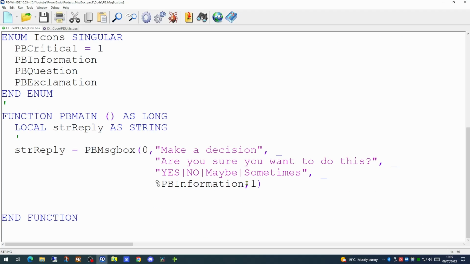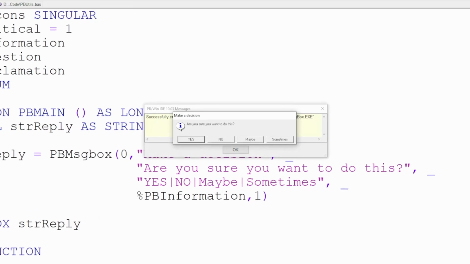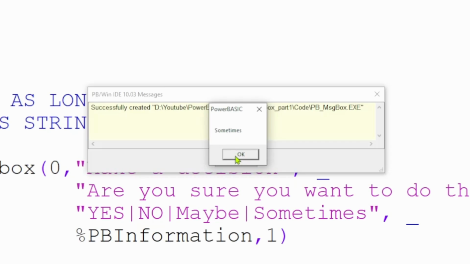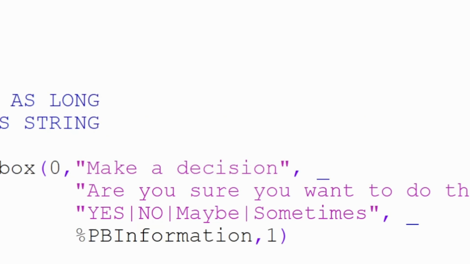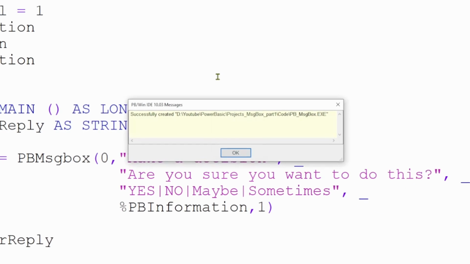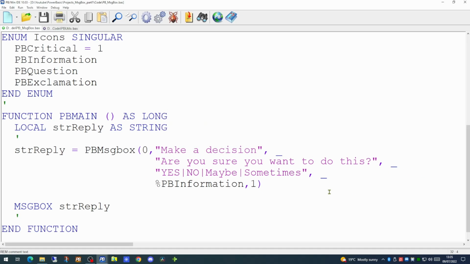So having got that far, we'll now want to check to see if we're getting the value back for what's on the button. So to determine whether the DLL function is actually passing us back the text that's on the button that's been selected, we'll use the MessageBox command itself to do that. And if we run the application again now, and if we click the sometimes button, it brings up sometimes, so it has indeed returned the value we've actually picked. If we just hit the enter key, which should default to yes, which is our default button, it is returning yes.